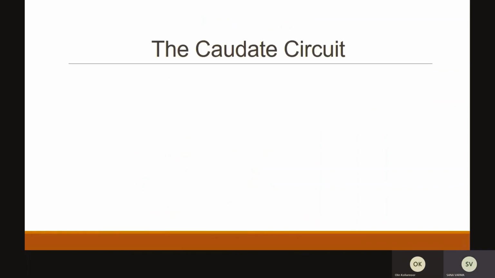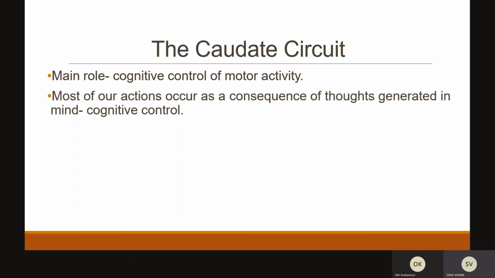Then next is the caudate circuit, and this circuit involves cognitive control. The main role is cognitive control of motor activity, and most of our actions occur as a consequence of thoughts generated in the mind. That is called cognitive control. And the example for the caudate circuit is like what I told you previously, that when we see something or when we are scared of something in front of us and we feel